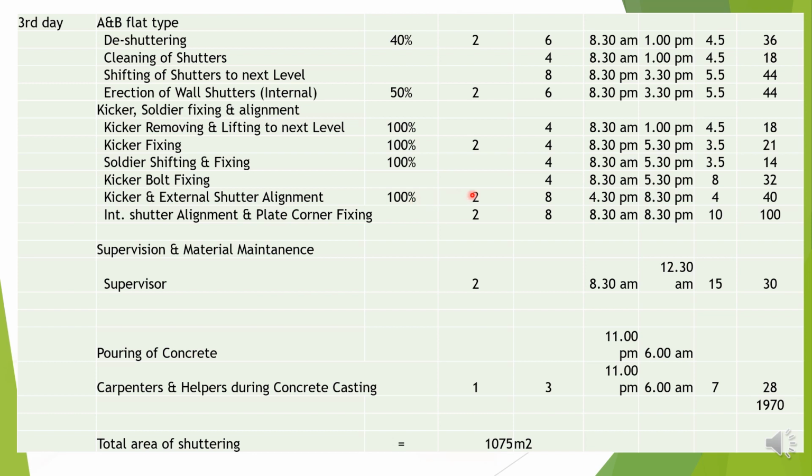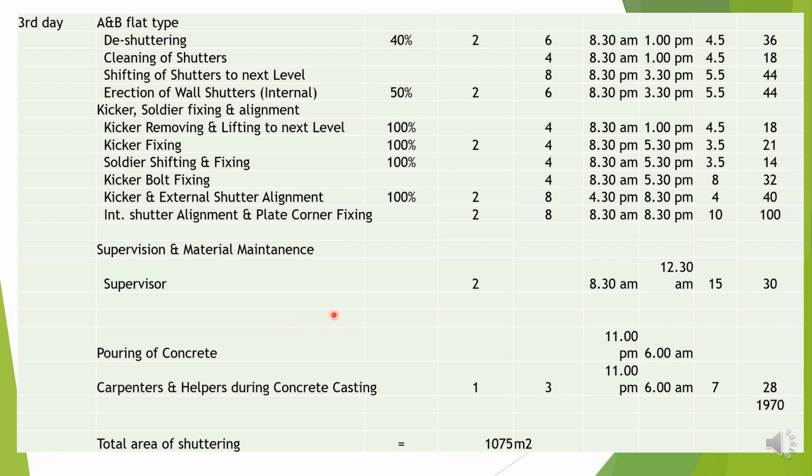Kicker and external shutter alignment, that will be done 100 percentage, 2 hours, and 2 carpenters, 8 helpers, 4 hours each, 40 helpers. Supervision and maintenance charges, supervisors 2, 15 hours, 30 hours. Pouring of concreting, carpenters helpers during fixing concreting casting, 1 carpenter and 3 helpers, 7 hours, that is 28. So total number of hours is being worked out